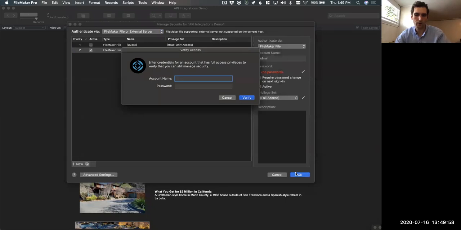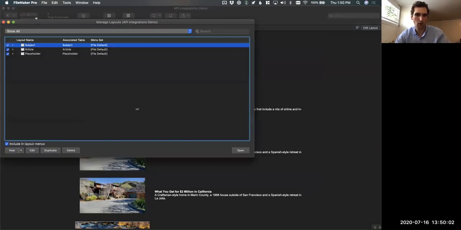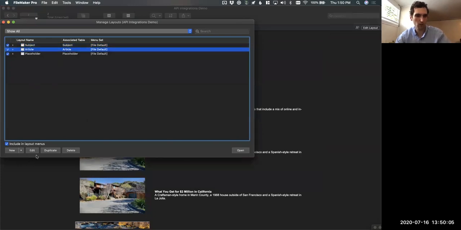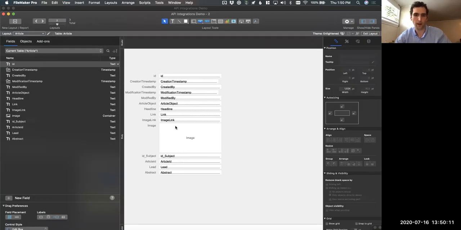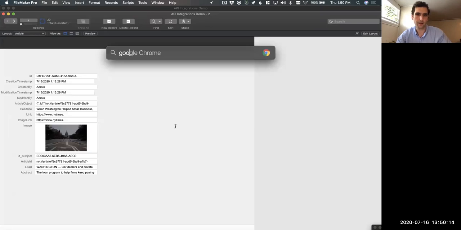And you set it up on a layout level. So if you want somebody to read from the articles layout, you have a layout that account has access to, and you have the relevant fields available there. And then